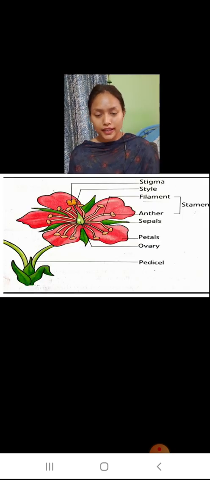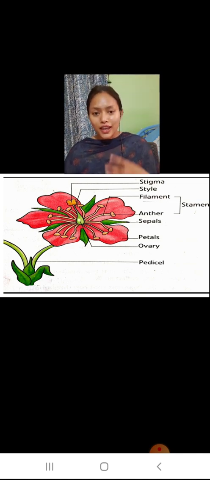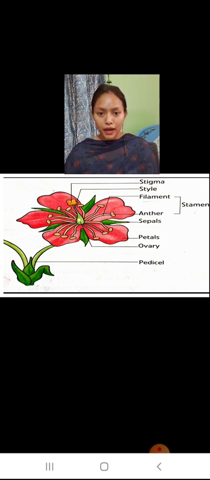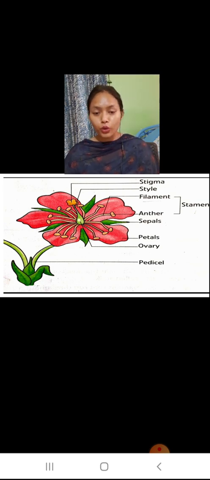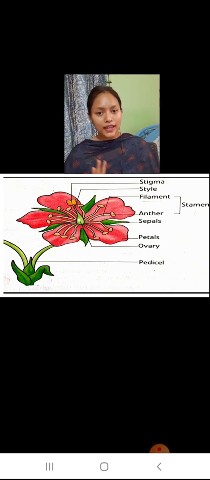you will take an A4 sheet or a drawing sheet, and on that drawing sheet you will draw this flower, means the hibiscus flower or any flower you can draw, and mention all its parts. As you can see, you can label all the parts, make it colorful, and send that to me in PDF form. So I want both things: the flower drawn on a sheet, colorful, neat and clean, in PDF, and the video of minimum 4 to 5 minutes with all the parts of the flower clearly explained.